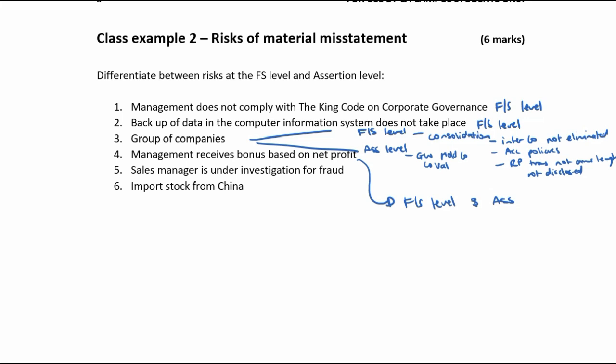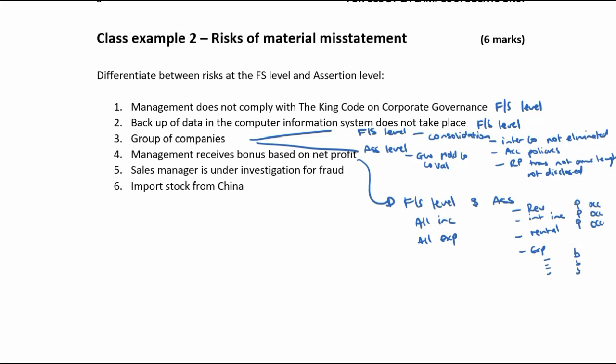So at a financial statement level, it's because it's all of your income and all of your expenses that have the risk. And then at the assertion level, it's about breaking up those income items into, well, it's revenue, it's interest income, it's rental income. And all of these have the risk of being overstated, probably by occurrence, fictitious transactions. And then my expenses, all of my expenses, I break it up into all the different expenses, and they all have the risk of being understated so that net profit is as high as possible.